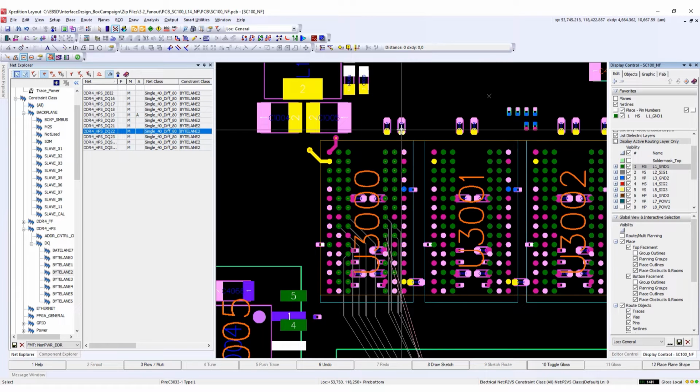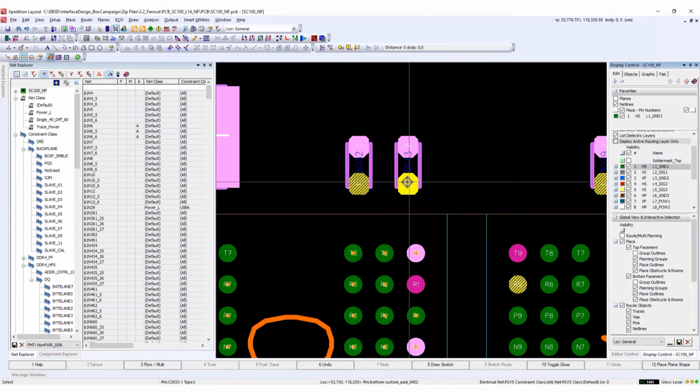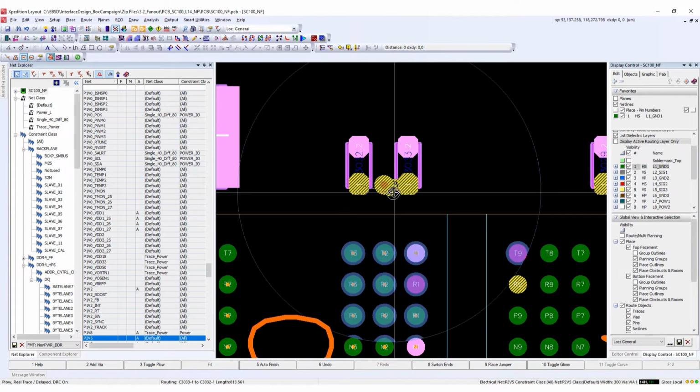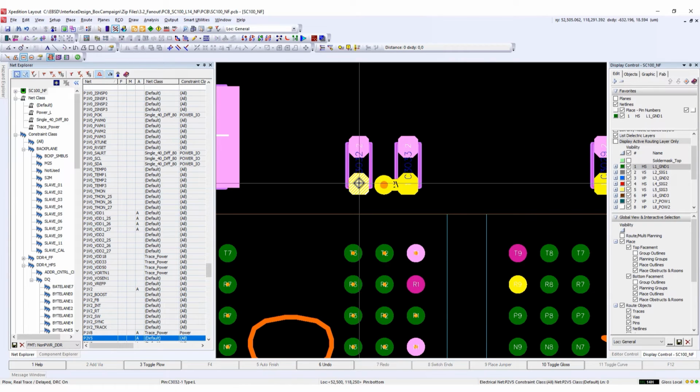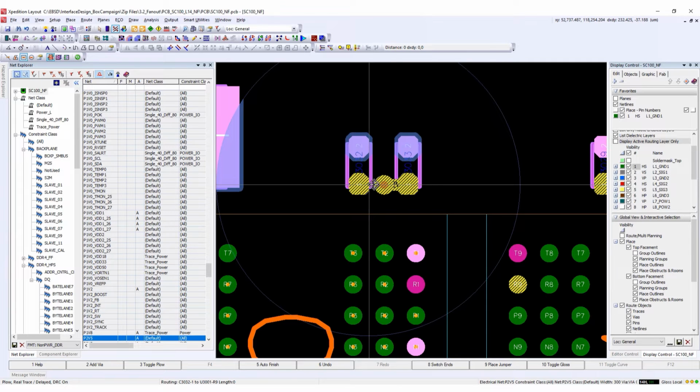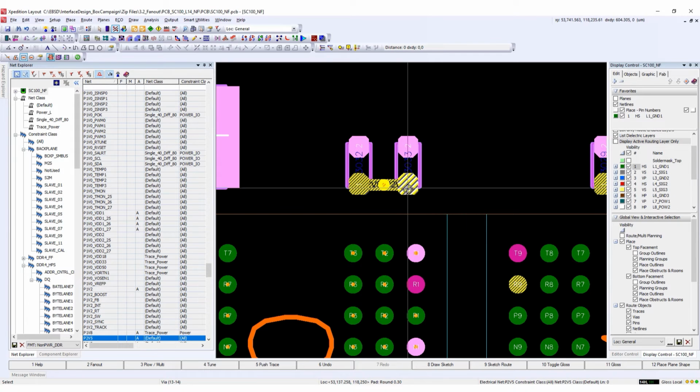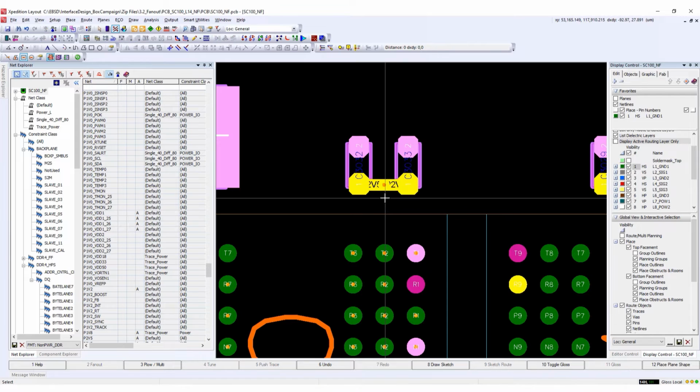Let's return to a few of the discrete components. I will manually fan out a few of these discrete components and show the Expedition via merging capability. So fanning out this power pin of our capacitor and placing a via, and fanning out the same power pin on another capacitor. Notice how the vias will automatically merge. You can see that since these two pins shared the same net, the via automatically merged since we had the settings enabled.